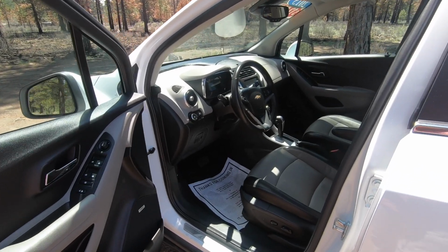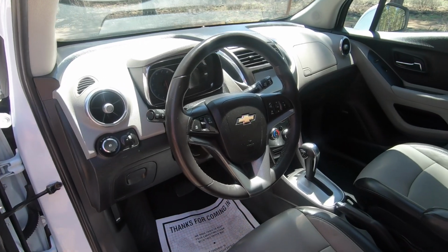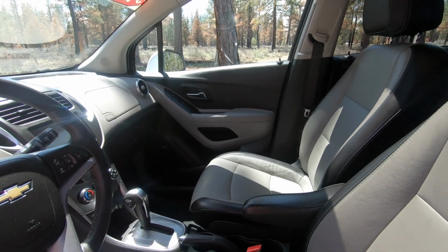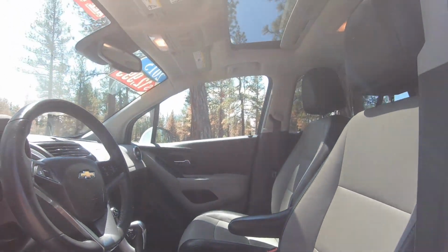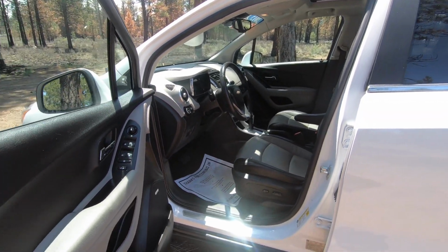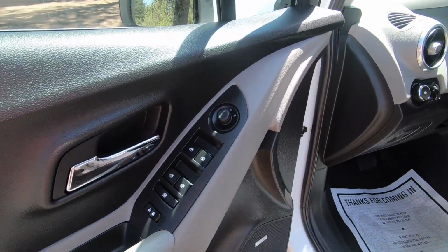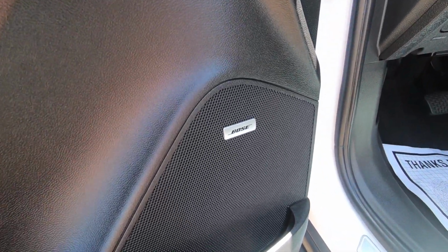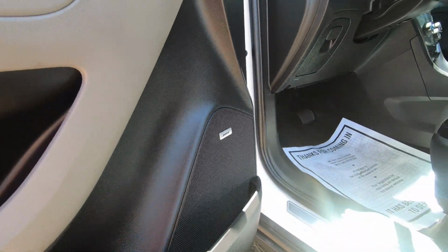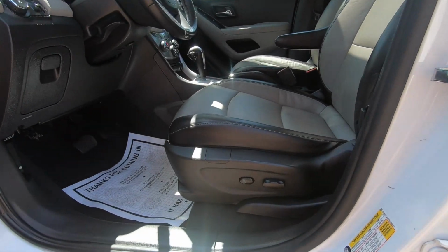Inside the Trax, we've got a pretty nice interior, especially on this LTZ model. Got the two-tone dashboard, leather wrapped steering wheel, leather seats, sunroof, pretty nice level of standard options on the LTZ as well. Power door locks and windows, power mirrors, Bose premium audio system, which has really great sound characteristics. It's probably my favorite feature on this vehicle. Really great to be able to get a Bose sound system in a vehicle at this price point. Got power seats,